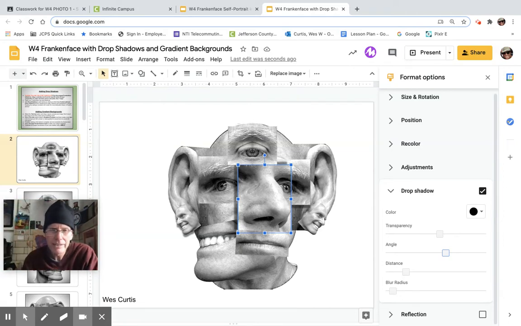What I have found tends to look the most realistic is if we have the shadow cast on the left side of the image and the bottom, as if the light's coming from the top right. So in order to do that, we're going to be at an angle of approximately 130 degrees or so. Okay, that doesn't need to be a hard and fast number, but something in that range. The other thing you can adjust here is the distance, or how far that